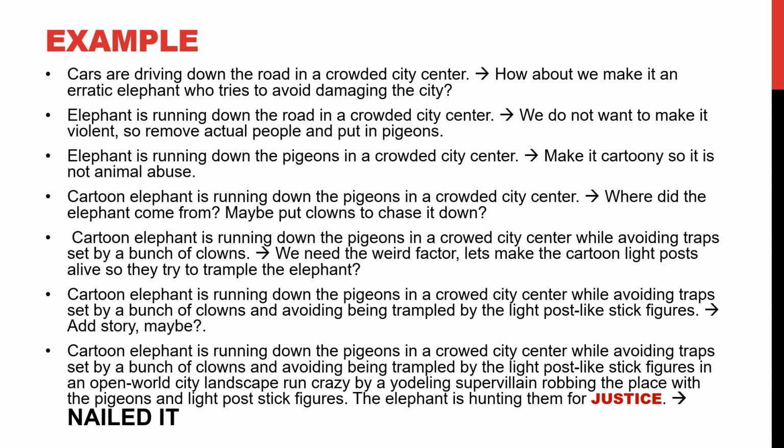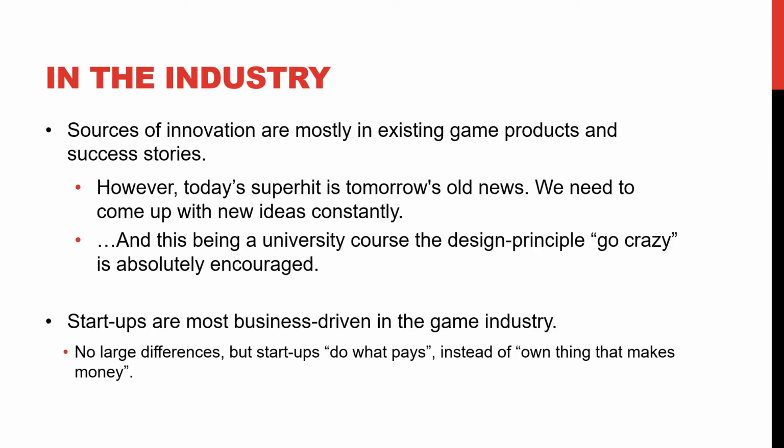So it doesn't have to be difficult, and it doesn't have to be a very interesting idea. So the initial idea can be where we have a car driving down the road in a city center, stuck in the traffic. And then finally, we have a yodeling supervillain, and we are using an elephant to hunt down pigeons. So actually, that example might sound a bit, well, stupid really, but it's not that far from actual game design